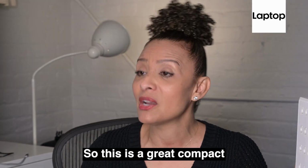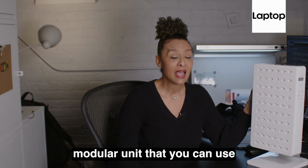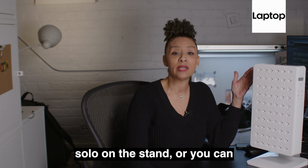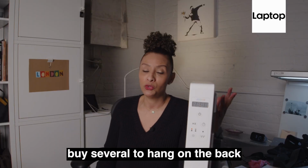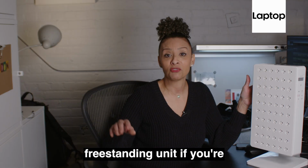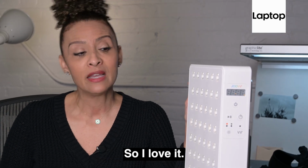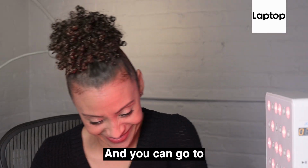So this is a great compact modular unit that you can use solo on the stand, or you can buy several to hang on the back of your door, have a freestanding unit if you're taller than 5'5", and it will treat everything. So I love it,